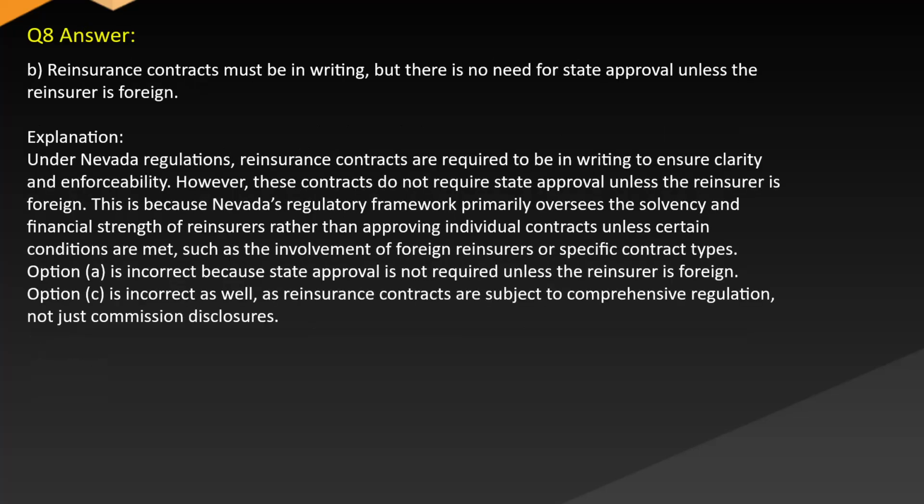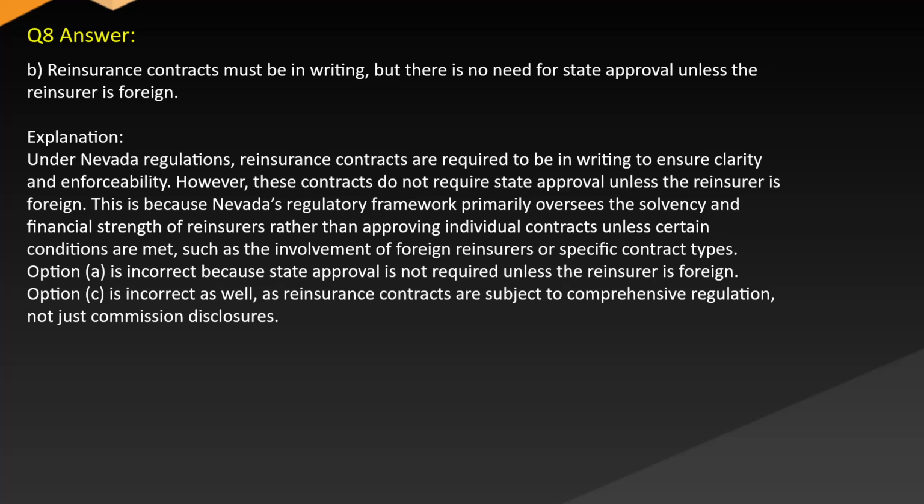Answer: B. Reinsurance contracts must be in writing, but there is no need for state approval unless the reinsurer is foreign. Explanation: under Nevada regulations, reinsurance contracts are required to be in writing to ensure clarity and enforceability. However, these contracts do not require state approval unless the reinsurer is foreign. This is because Nevada's regulatory framework primarily oversees the solvency and financial